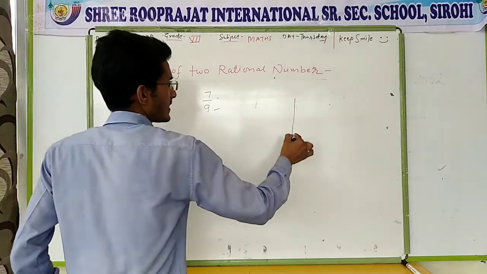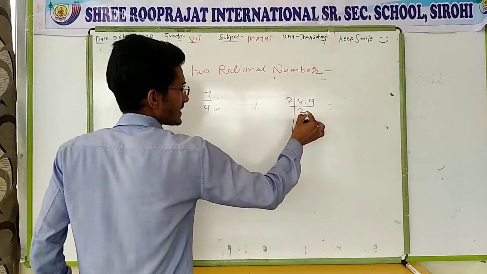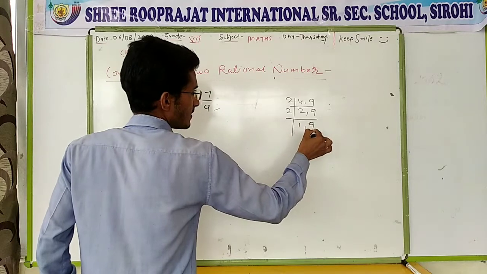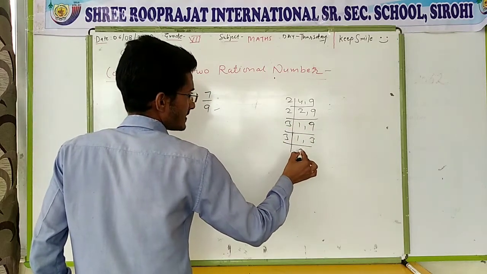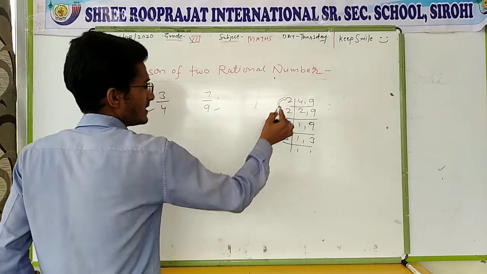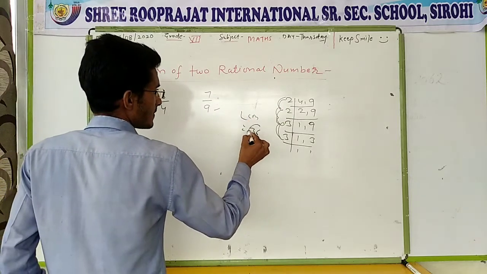So for that you have to take the LCM of 4 and 9. You start with 2. You divide by 2. Two times it is not divisible. Again divide by 2. It is one time. It is not divisible. Three times, same as this one, and again three times. Now you have to multiply all the divisors. 3 times 3 is 9, 18 and 36. So the LCM of this one is 36.